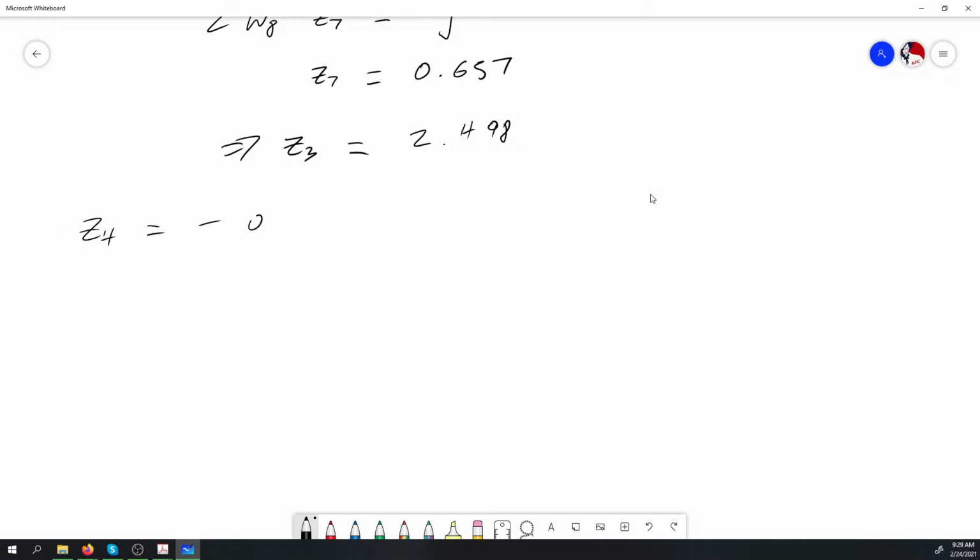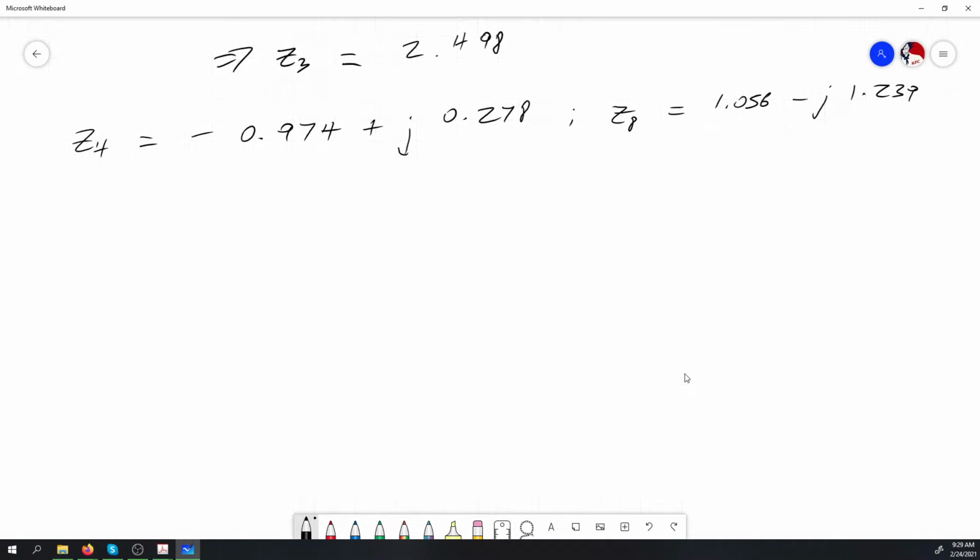Z4 will work out to 0.974 plus j 0.278, and then Z8 here works out to be 0.06 minus j into 39. So now we have all our values here for Z1 to Z8,